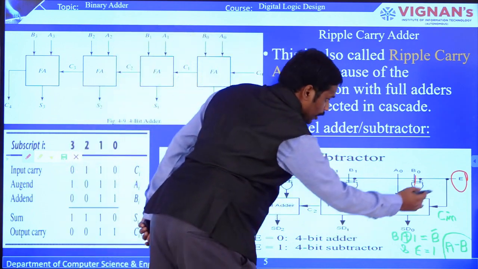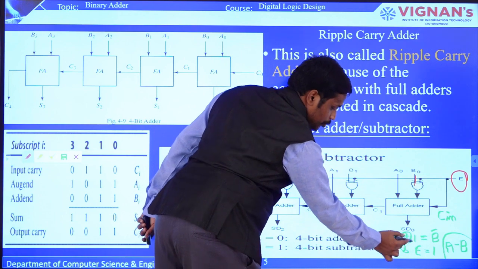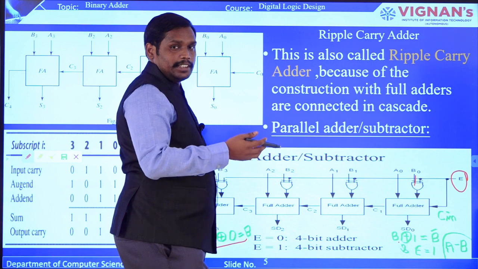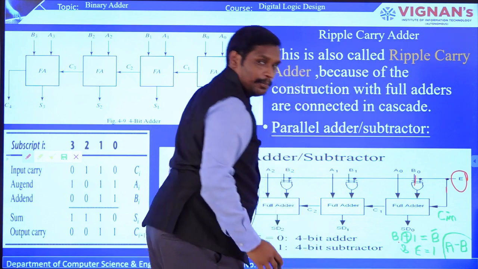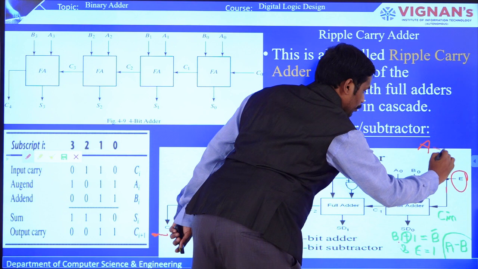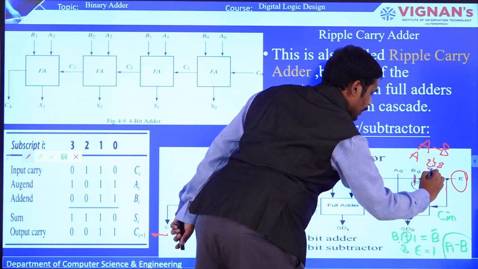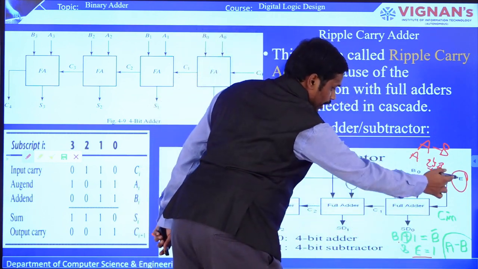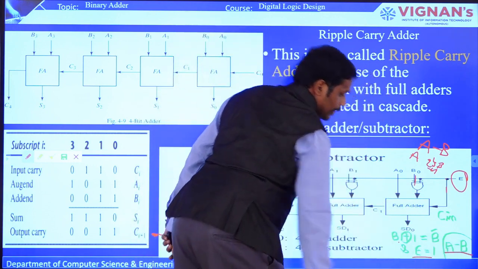And if the enable pin is 1, then it is B exclusive OR of 1, which means the negation, that is B bar. B bar means you know that negation, that is minus. So you can see that E is equal to 1, and this E equal to 1 is given as the carry input. Now you can see that A minus B can be done with A and 2's complement of B, that is B bar plus 1, right? So this enable pin will make plus 1, and if this enable pin is 1, then it represents minus B. This is how you get the function A minus B.